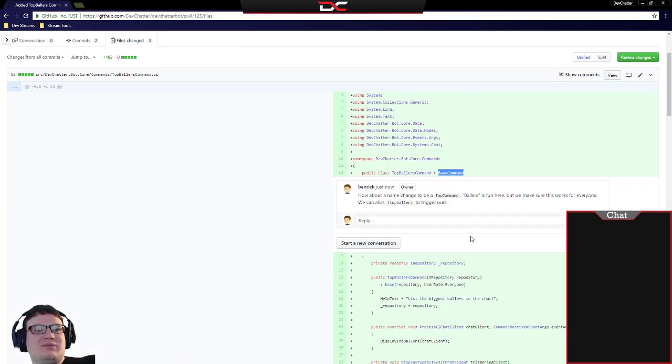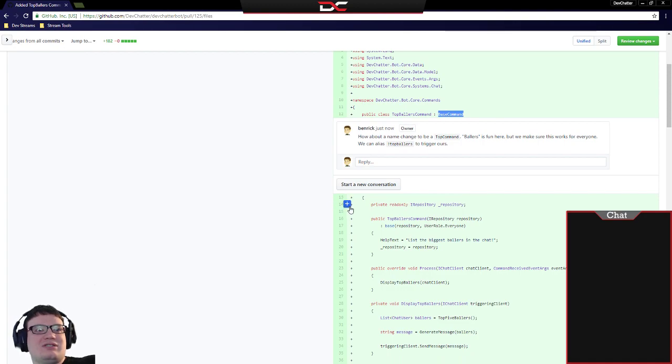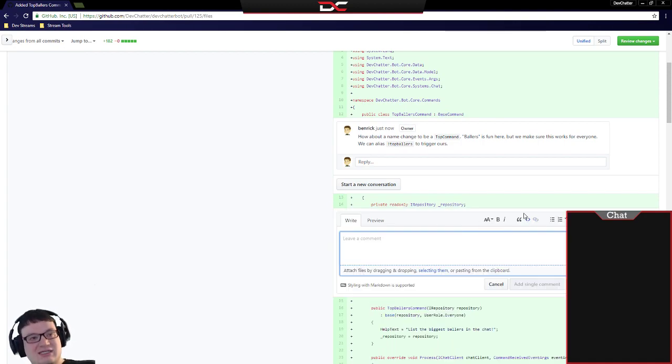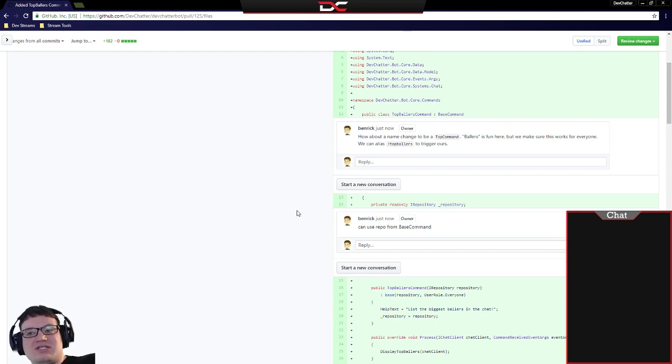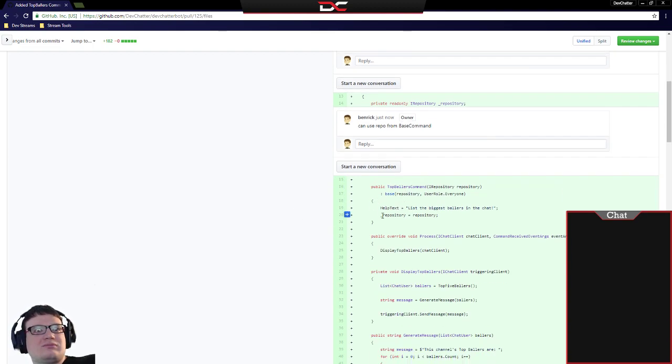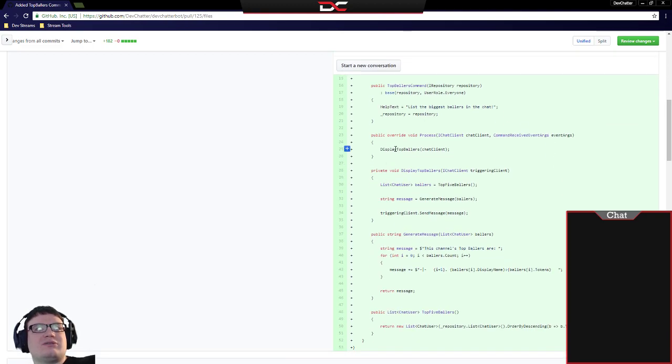So this is a base command. It doesn't actually need this. Can use repo from base command. Which is actually something I want to change in our existing code. List the biggest ballers in chat. Display top ballers. Okay, so